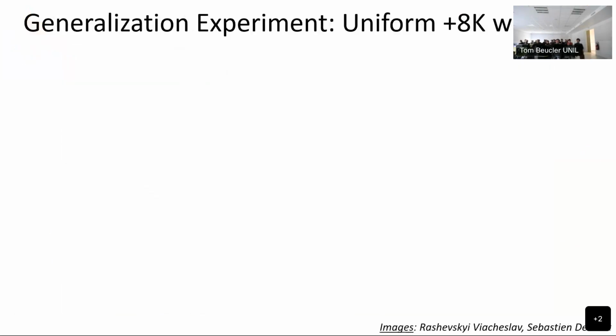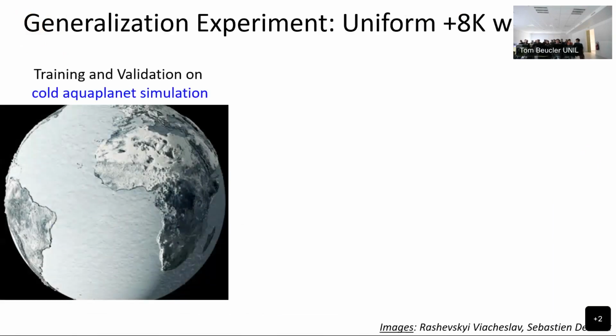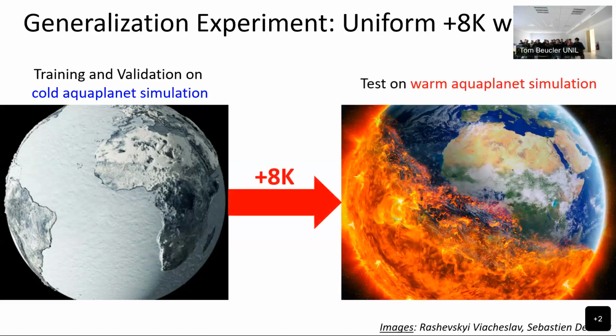And so the generalization experiment was a uniform 8 Kelvin warming. I'll go through it quite quickly. We train and validate the model on the cold simulation. Here it's written aquaplanet, but we've also tried it in an Earth-like context, and we've tried it not only in a super parameterized, but also in a storm resolving context. Because we're mostly focusing on the atmosphere here, surface temperatures in the case of the aquaplanet are prescribed to a realistic surface temperature profile, and in the real geography case,